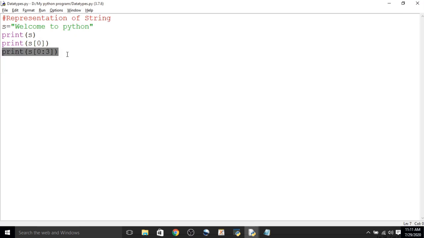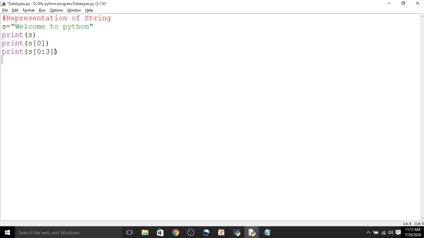Look once again at how we have taken the slice of the string. 0 to 3 means 0, 1, 2: start is 0 and end is 3. End being 3 means it goes from 0 up to 2, so 0, 1 and 2 will be retrieved from the string s.